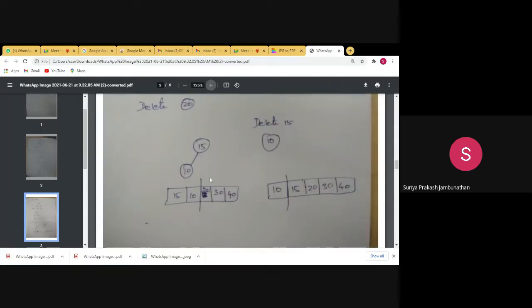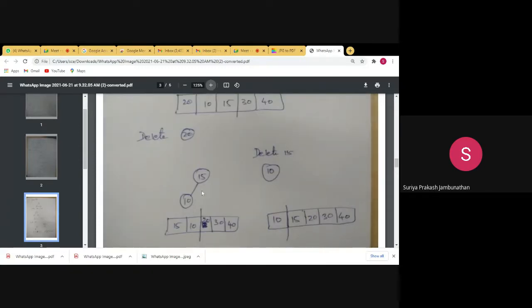Okay. Now let's see the heap. What is the heap actually? 15 and 10 will remain as they are. 15 and 10 will be the heap, and 20 is the deleted element, then 30 is the deleted element, and 40 is the deleted element. This is out of the heap. So these are the three deleted elements we are keeping in the extra space. Wherever I am putting the big line, before that is the heap and after it is non-heap.